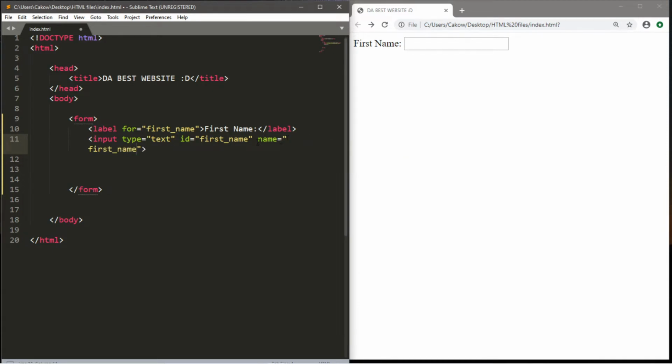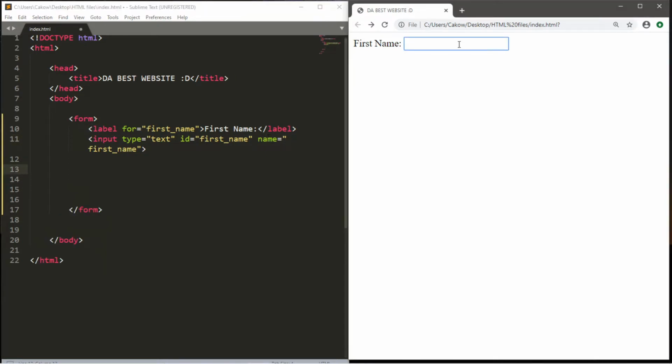So the name attribute is used during form submission to post or get the values that we submit when we hit some sort of submit button. So this is only used when we're using a server-side language such as PHP or a few other languages out there. While the ID and the name attributes really aren't required for this tutorial, it would be good practice just to become familiar with them as you advance your skills. Then you know what these things are. Well, now we have a text box where we can enter in our first name.